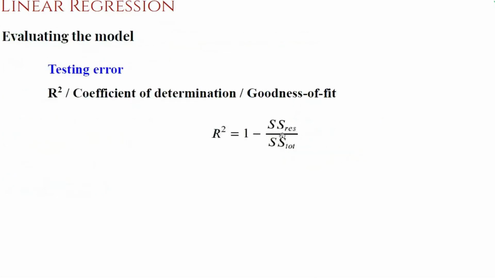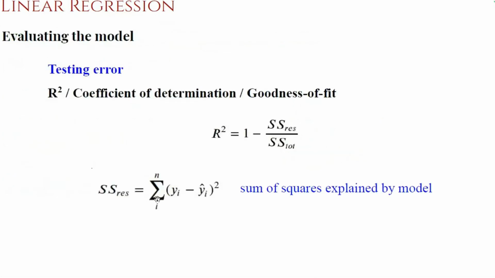This SS residual is defined as the difference between the predicted value and the actual value. So this is the error. You just square it and sum it over all of your testing samples. If you have 20 testing samples, you sum it over all the 20 testing samples. You are summing up the error. Here y_i hat is the predicted height of the machine learning model. That machine learning model is estimated by minimizing the mean squared error. So there is a lot of work involved in estimating the machine learning model and looking at the error.